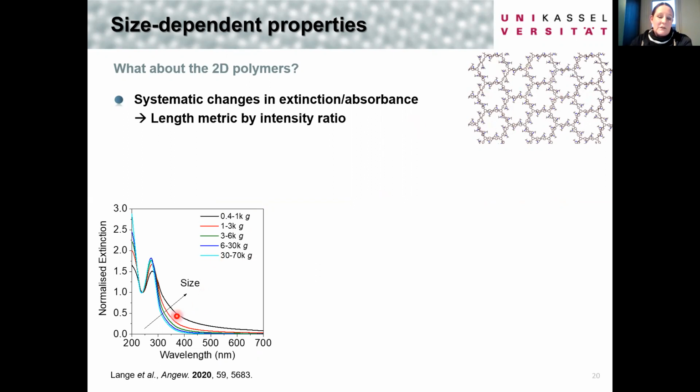Here again, you see the structure. When we take extinction spectra, so we measure the intensity of transmitted light as function of wavelength, we see there are changes. I don't want to go too much into detail. Some of these changes across the size selected fractions are due to contributions from scattering. I don't want to bog you down with that. I just want to focus on the peak positions, assuming that these are from excitons. Now, we don't see much,